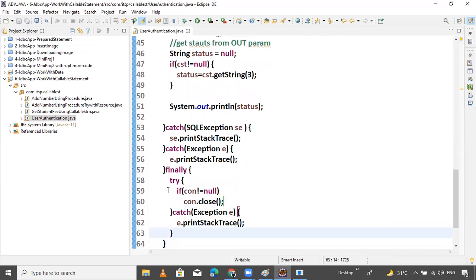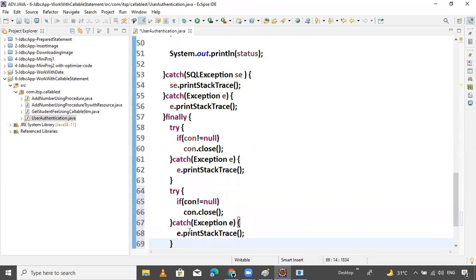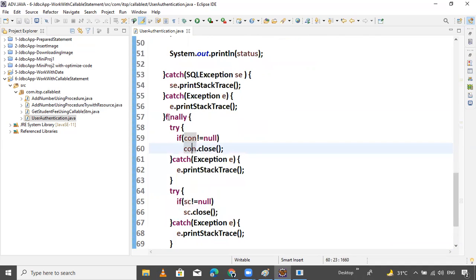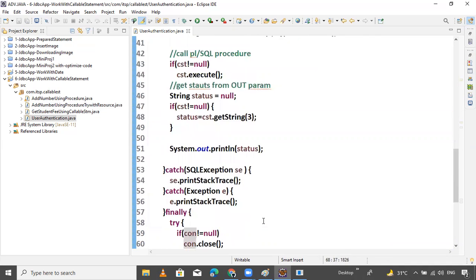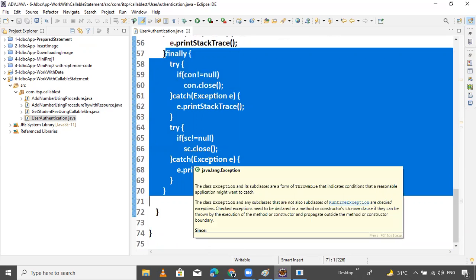Now same here, perform it for the statement. Like Scanner, you can do the same thing, close the SC. That's it. The finally block means that even if you are getting an error or exception, it doesn't matter, it will definitely execute. This is the beauty. Now, when you use try with resources, you are not required to declare the close operation explicitly. Try with resources automatically closes the open resources.